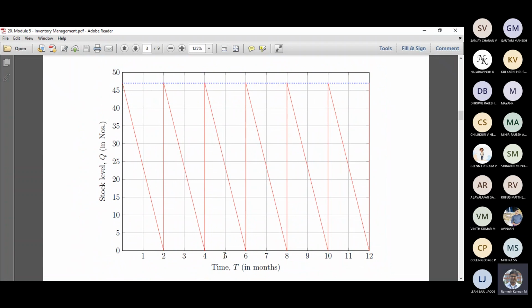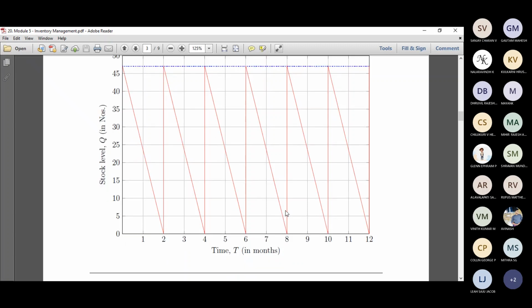this graph shows the time versus the stock or the replenishment and other details. At time 0, we have got 47, which is the economic order quantity, and that gets depleted till it reaches 2 months time. We had our replenishment come into the picture. Then we had the 47 quantities delivered to the site, and it gets sold again, and the cycle continues for a year. This is the basic.